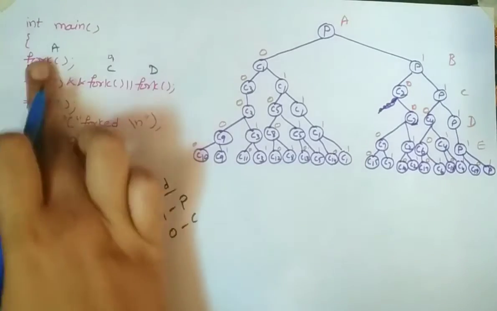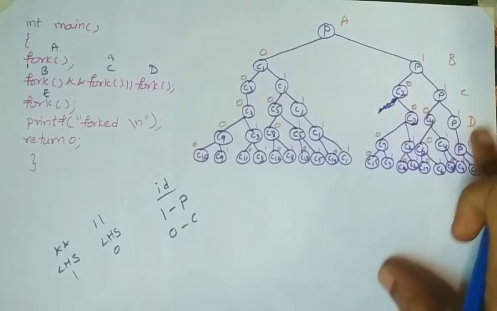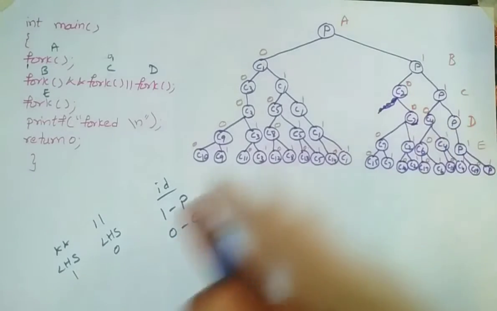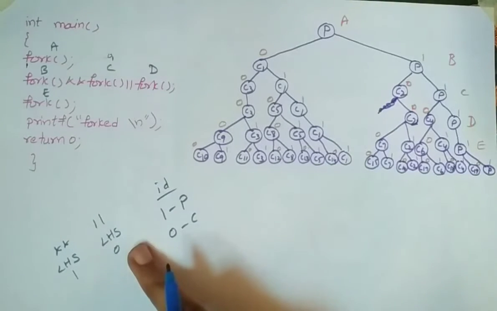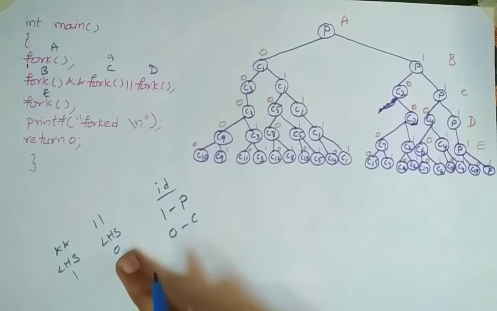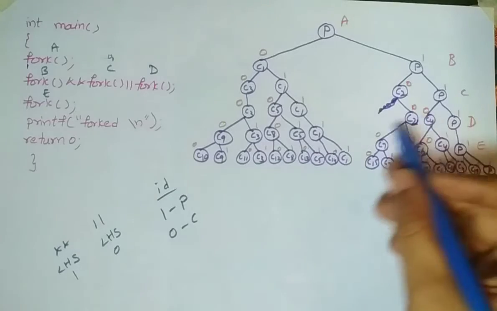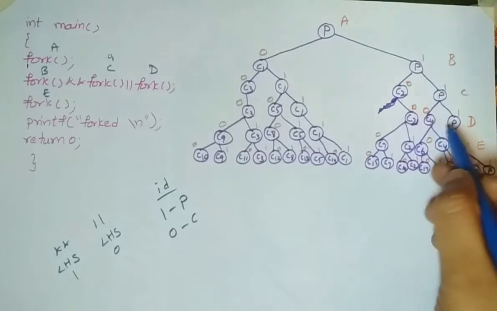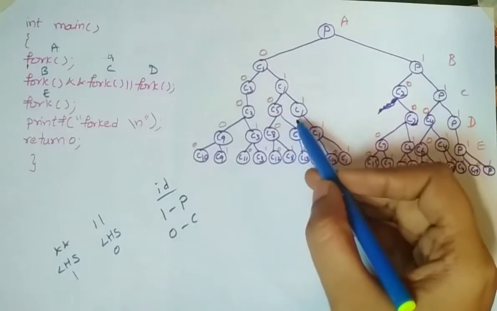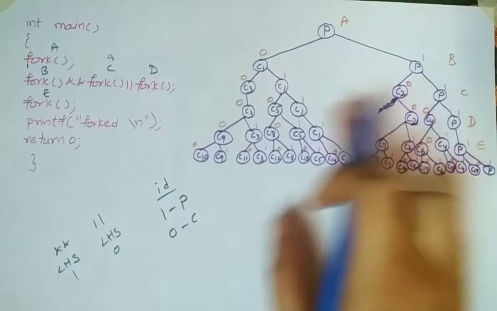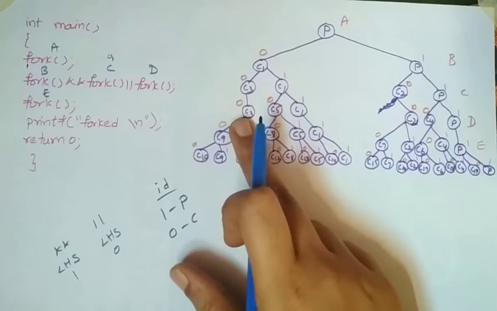So after executing this part, we are going for the fork D operation. So what is the criteria for the OR operand? The left hand side must be 0. So it is going to execute the particular process which is having the left hand side as 0. In level 3, all the processes have 0 except the processes P and C1. So except P and C1, we are going to execute the remaining processes, that is C4, C2, C5 and C3.